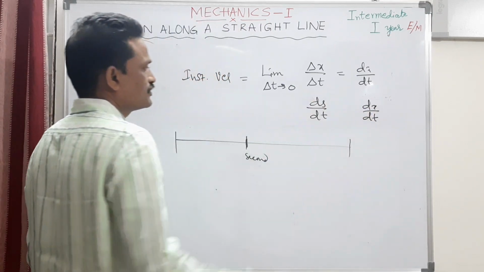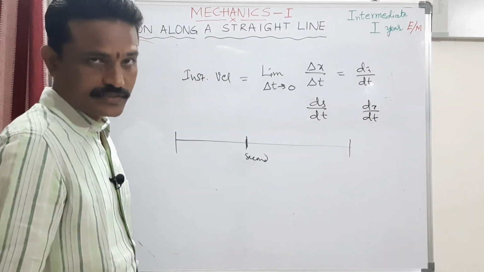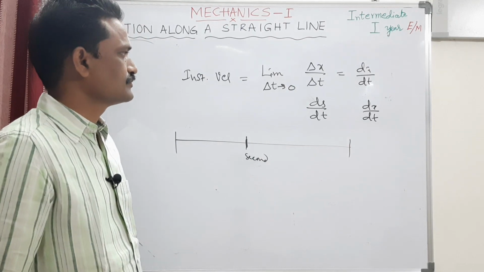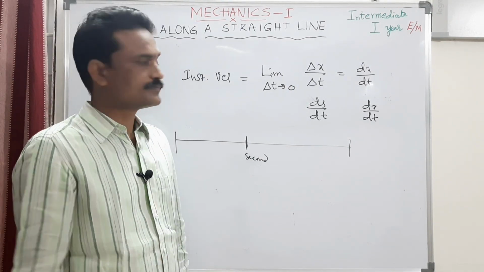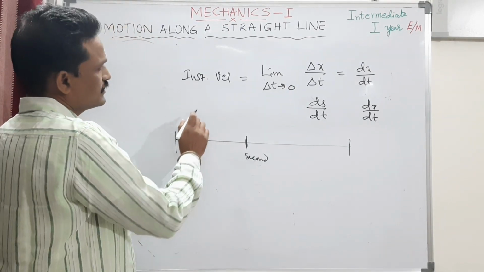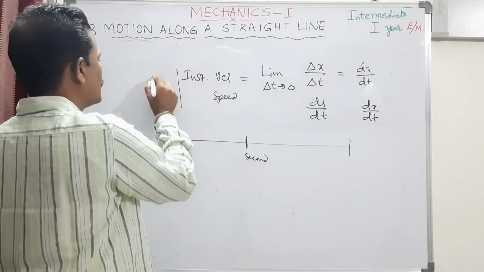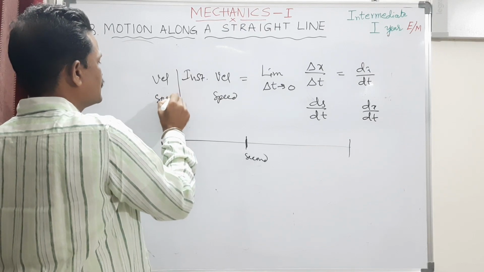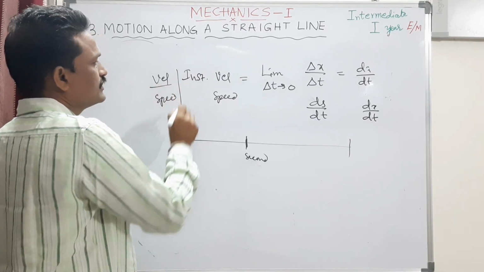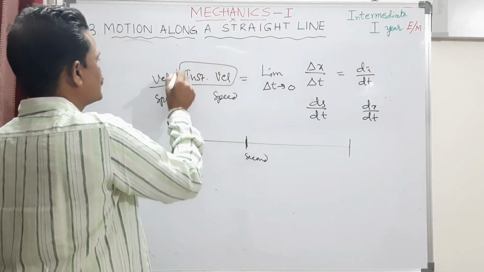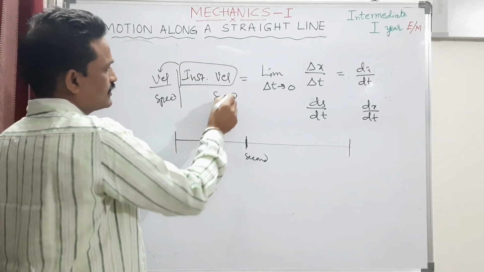As I told you, both are almost all one and the same for our purposes, not in principle. So instantaneous velocity or instantaneous speed are nothing but velocity or speed at that particular time. Generally, we talk of this. So instantaneous velocity is generally called as velocity. Instantaneous speed is called